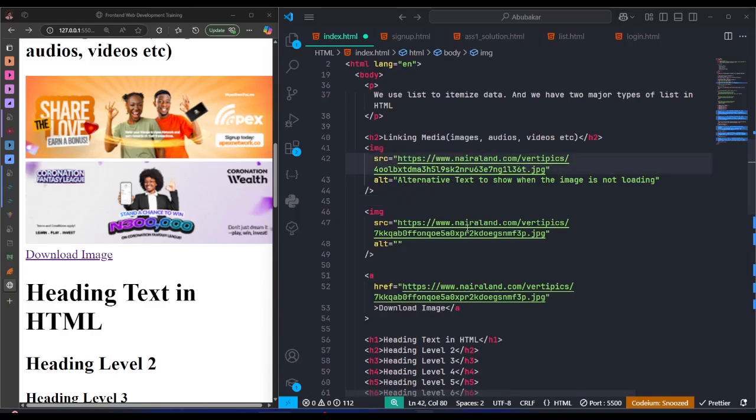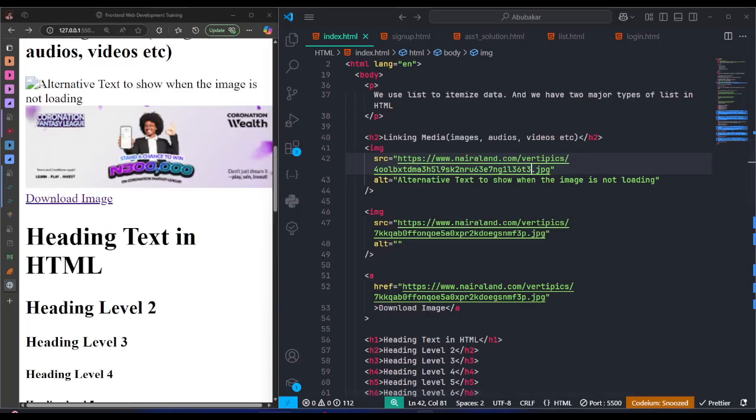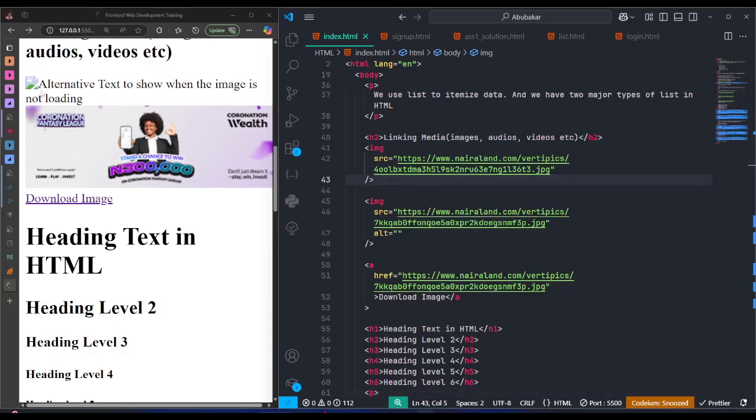For example, now let me just add random text to the link, which is going to make it invalid. So now if I save it and run it again, can you see that it's not showing? That's where the text will now come out. If this alt is not there, you will not even see anything at all. So if I remove this alt and I just save it, you see that nothing will be displayed at all